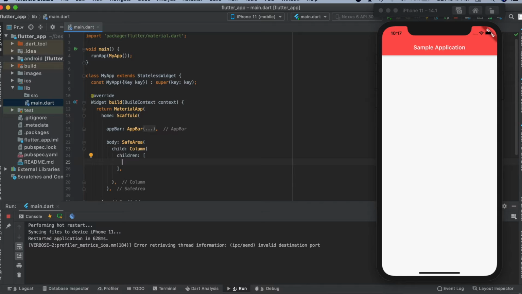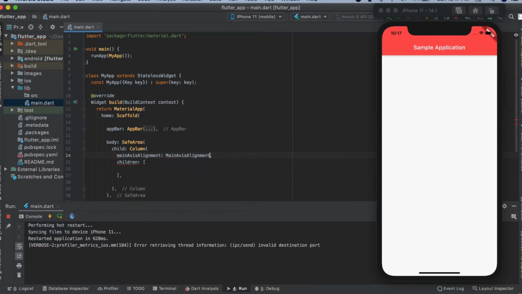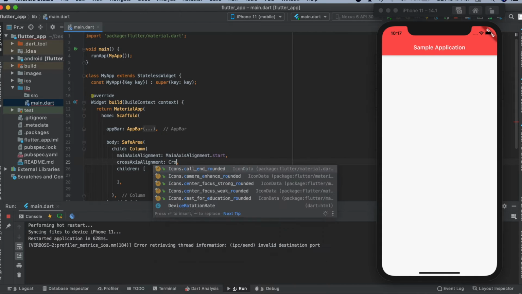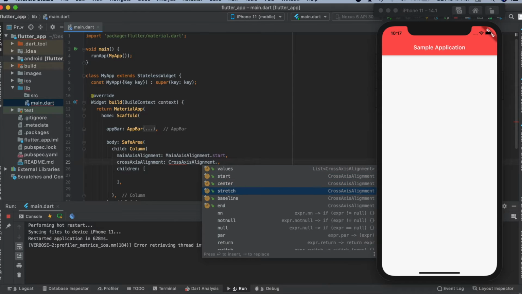So let me just give something. Okay, I'll keep something over here like main axis alignment. Main axis alignment dot, let me just keep it as start, and I'll keep cross axis alignment also as stretch.